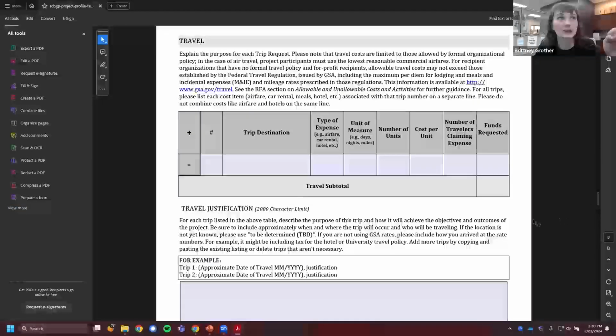Okay, the next thing is travel. This is for any travel you're going to do associated with your grant. So maybe you need to travel to farms where you're going to do educational workshops, or you need to travel to a conference to present your research findings. Anything like that you can charge to the grant as travel costs. It can be airfare, car rental, hotels, mileage if you're driving a business vehicle or a personal vehicle, you can charge mileage reimbursement,